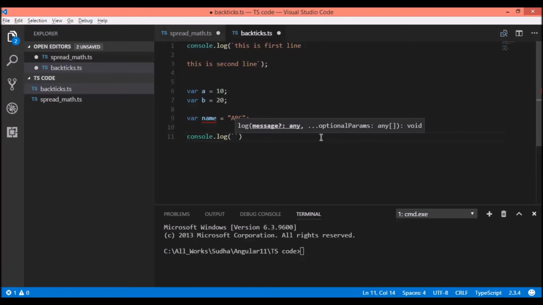You can write it like this: sum of A and B is, now we'll write this like this. In this, the result of this would be calculated, 10 plus 20, 30. It would be displayed as 30. So it would be displayed like this: sum of A and B is 30. It is used to calculate the expression also, or we can write the variable name and it will replace the variable name with the value of that variable.